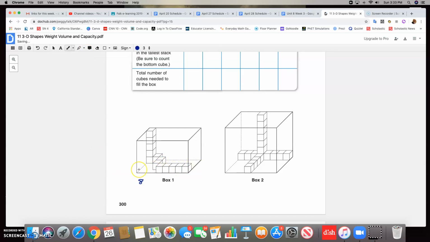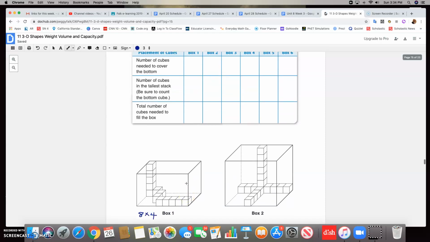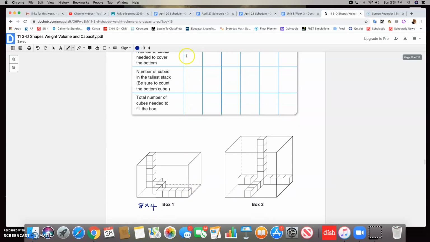from here to here. Now, how many of these rows will I need to cover the whole bottom? Well, let's look how deep it is. Here's 1, 2, 3, 4. So I'm going to have 4 rows on the whole bottom. So I'm going to do 8 times 4, or 8 plus 8 plus 8 plus 8. So 8 times 4. Number of cubes, I'm going to need 32 cubes to cover the bottom of this rectangular